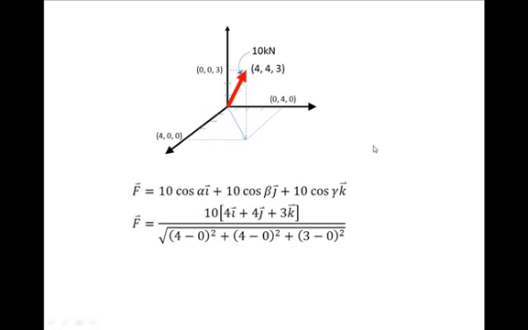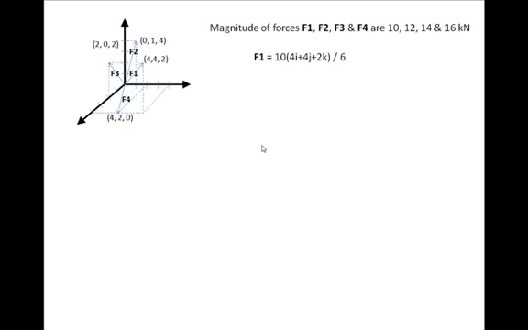Let's solve one problem so that this procedure will be very clear. Let's say you have these four forces, F1, F2, F3 and F4, and we want to find their resultant. Their locations are given. See, all originate from the origin, so they are concurrent. They pass through the origin, they pass through one point, and one of the points on their line of action for each force is given here. So if the magnitudes of F1, F2, F3, F4 are 10, 12, 14, 16, then from what is explained in the previous slide,